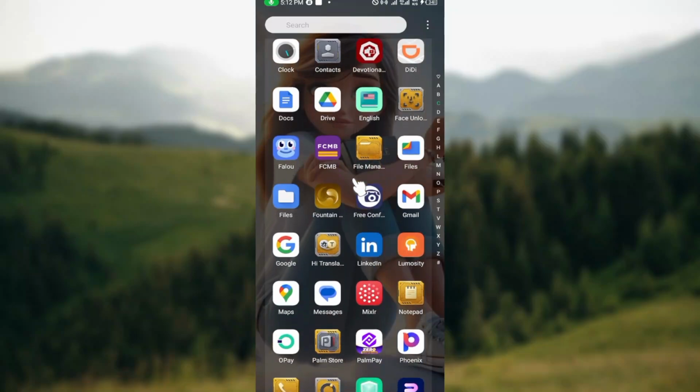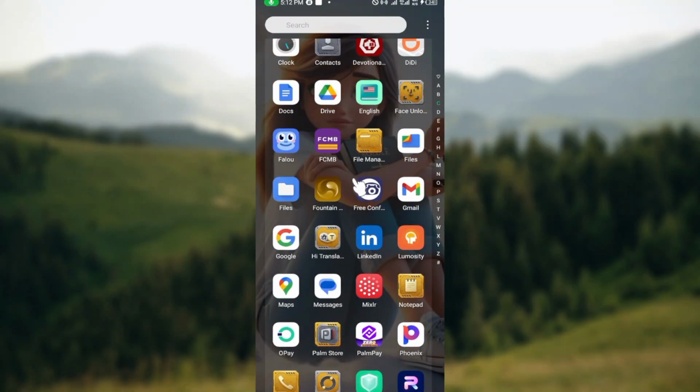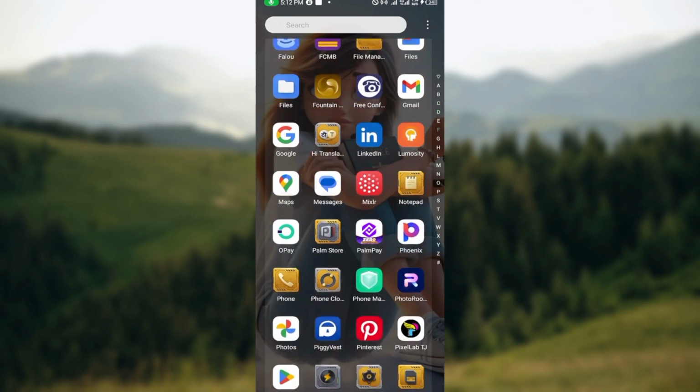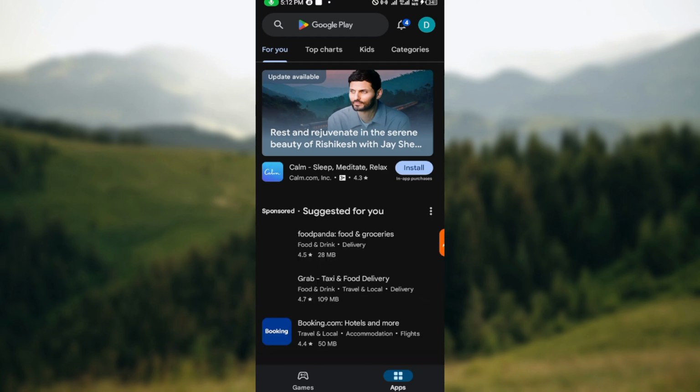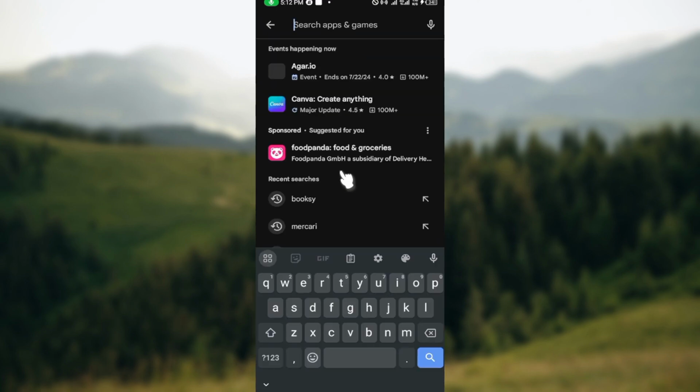And then the second thing you can do is to check for updates. And how do you check for updates? By going to the store where you got the application from. So is it Play Store? Is it App Store? Just go there. And then once you're on the store's page, the next step is to go to the search box, click on it, and then type out